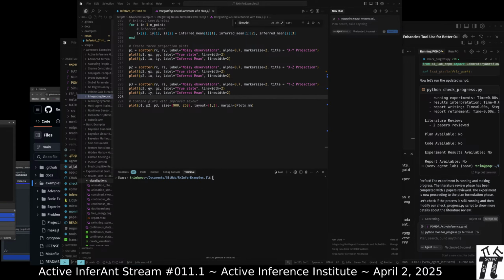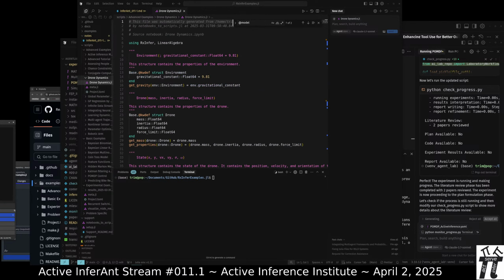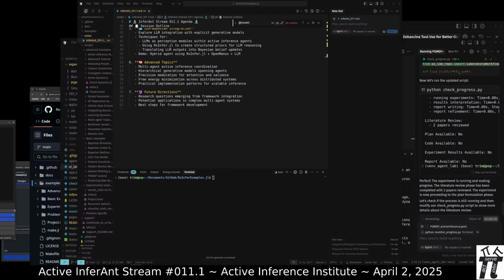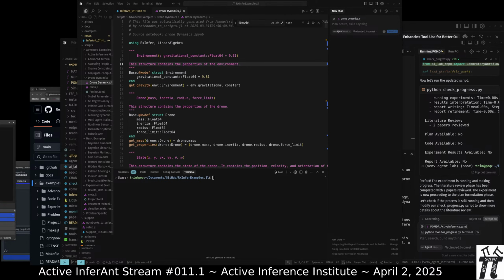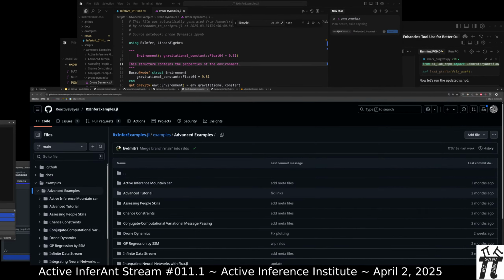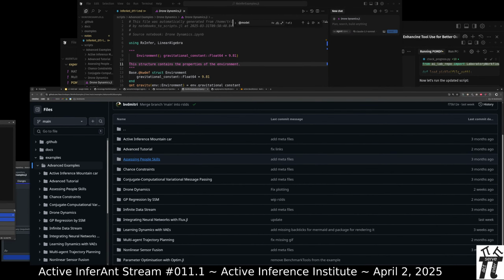So those were two of them, but let's look at a new one like drone dynamics. All right. So haven't done this one. Let's see what it results in. Let's see what it looks like. So this is in advanced examples, drone dynamics.